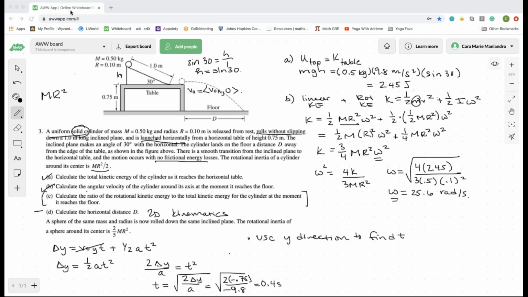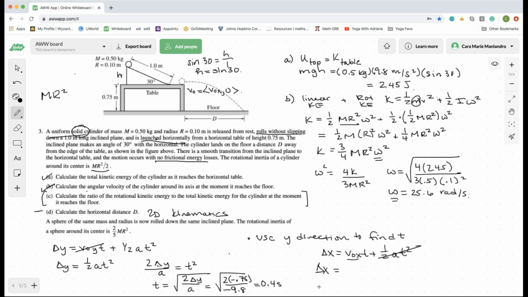Okay, so now we're going to use the independence of the x and y directions to get an answer here. I'm going to use the same equation. Change in x is equal to v naught x t plus 1/2 a t squared. What is the acceleration in the x direction in projectile motion? 0. So that one drops out. That's great.